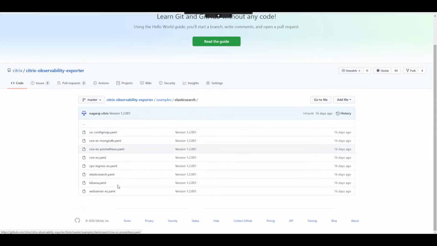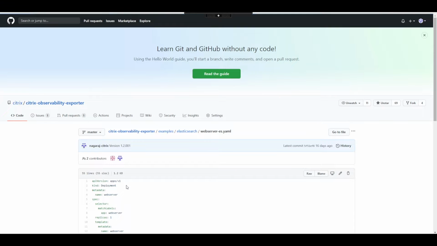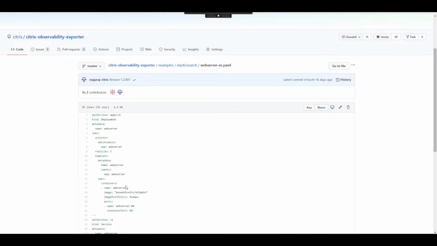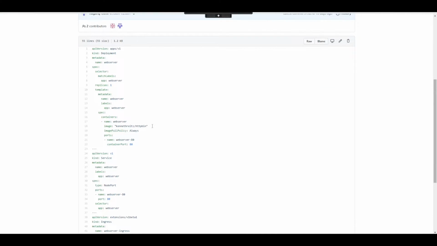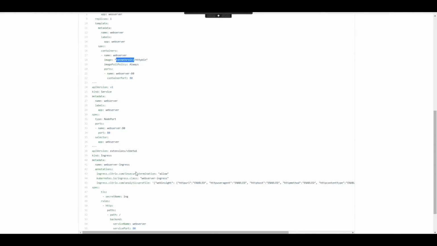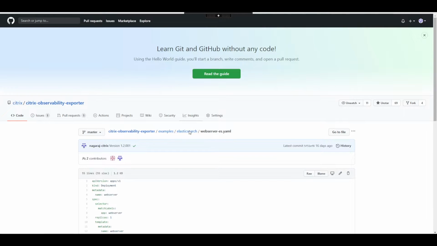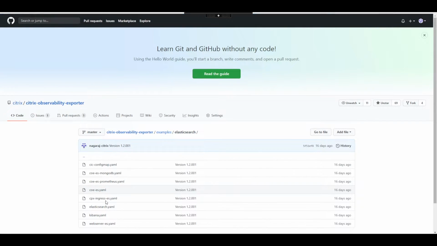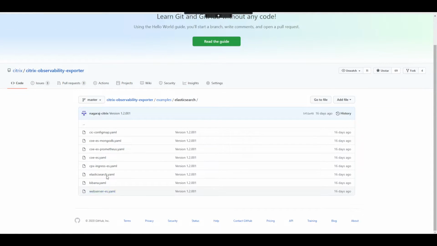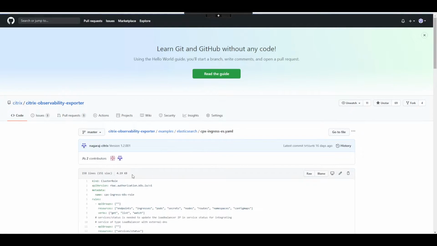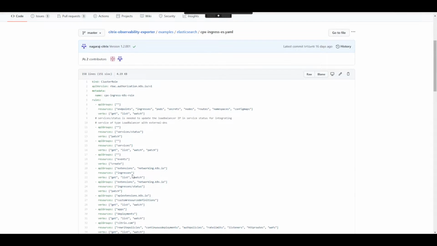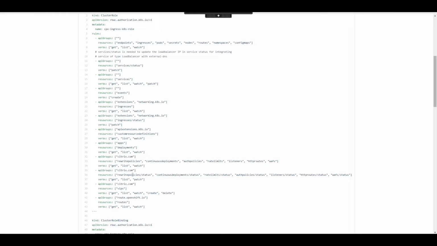So let us see the web service. This is our test microservice app deployed for this particular demo. Now we'll see the Citrix ADC and the Citrix Ingress Controller YAML file, which contains both the Citrix ADC and Ingress Controller definitions.